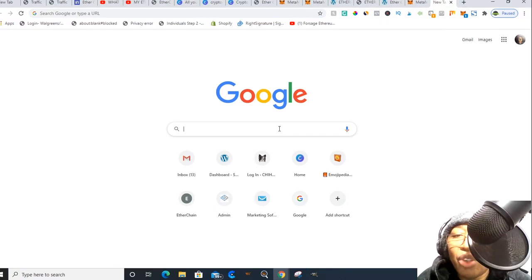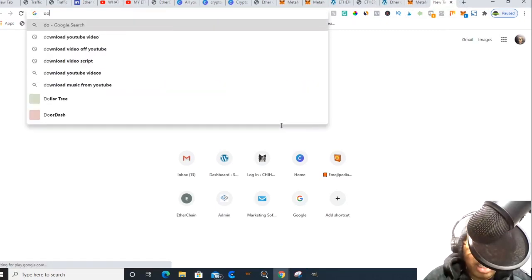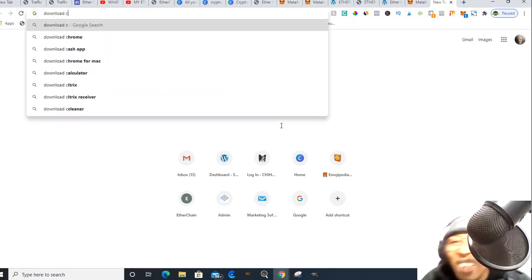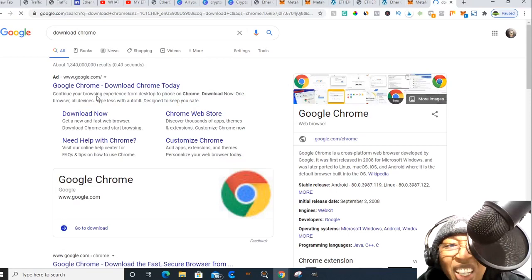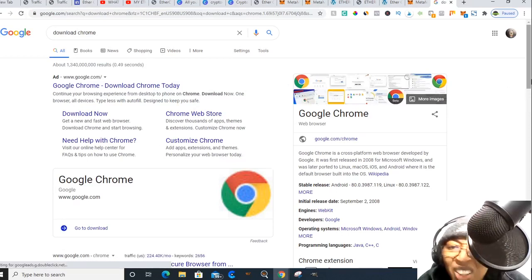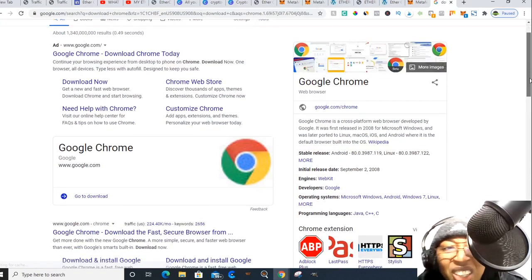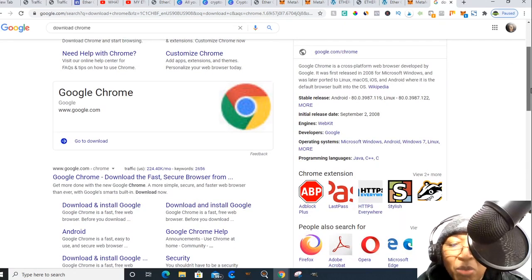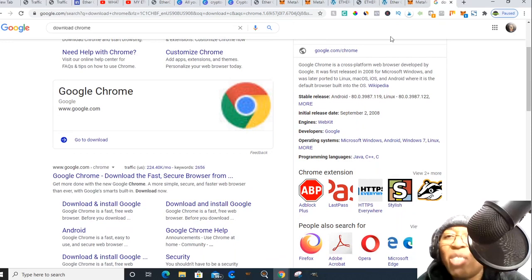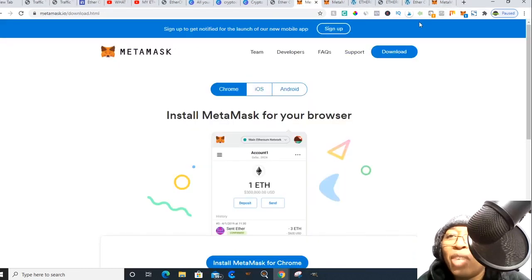So what you do is you just go to Google and say download Chrome. You click on that, and it should be right here. Right here, you can pick the first one. Download the Chrome browser. So once you download the Chrome browser, then come back to this